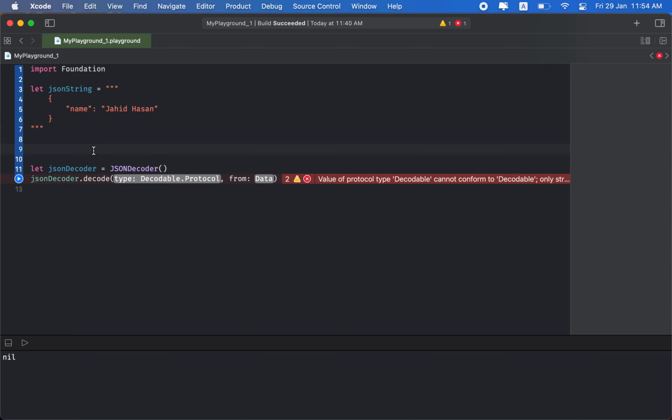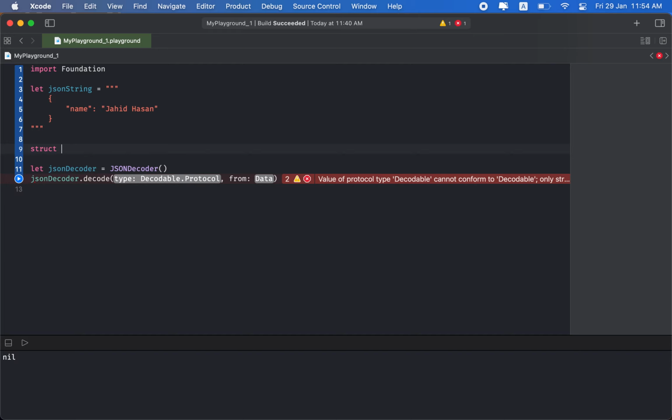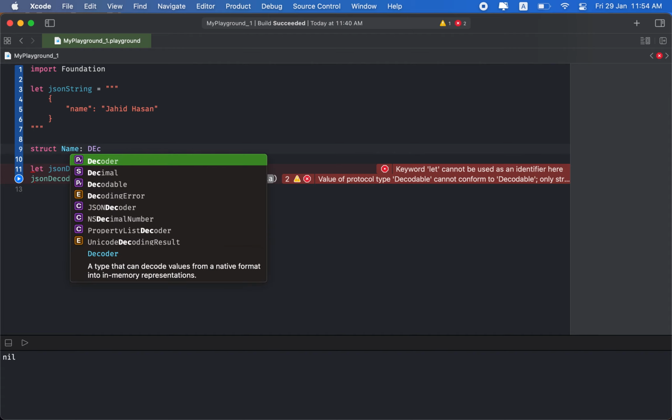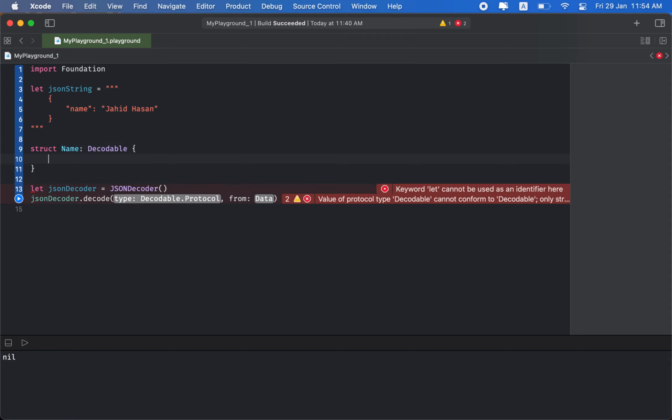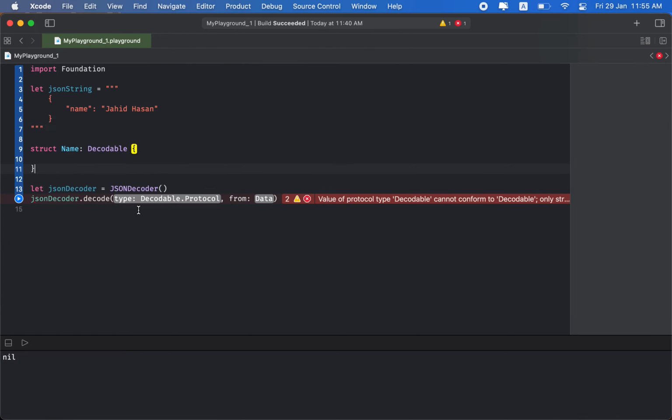decode method. Okay, so we will use a struct. We can use a class or anything, but we will use struct. It's very fast and very sleek. So let's make a struct. Let's call it Name. And implementing the Decodable protocol actually only needs this mention: it's Decodable. Now, if we see what Decodable has, it has only an initializer. It doesn't have anything else. We may or may not use this initializer. It is optional. So